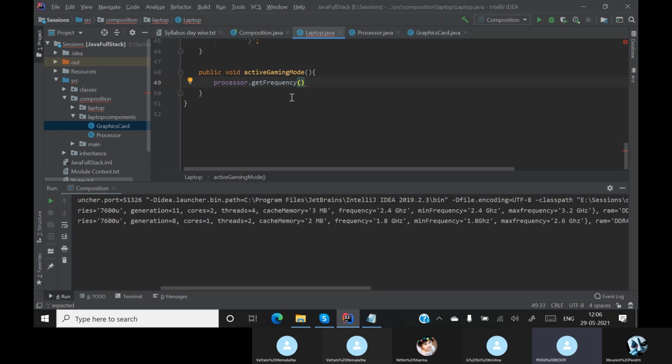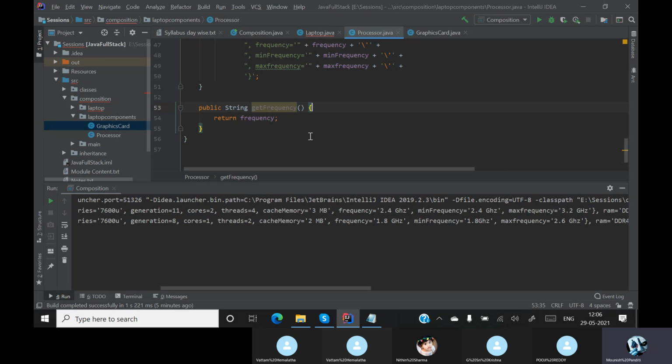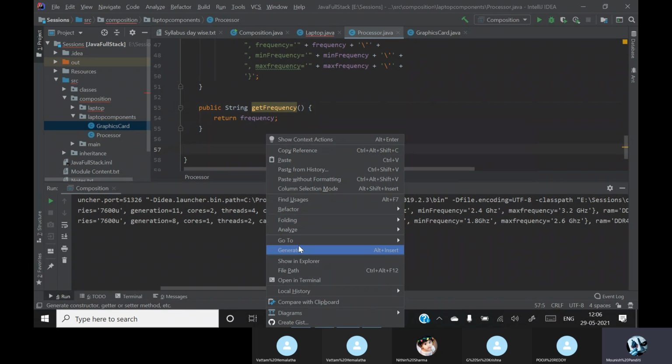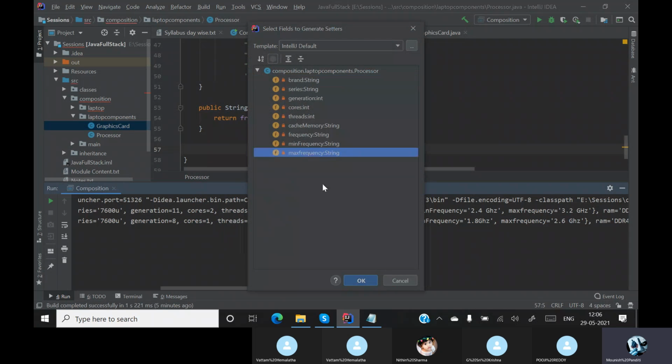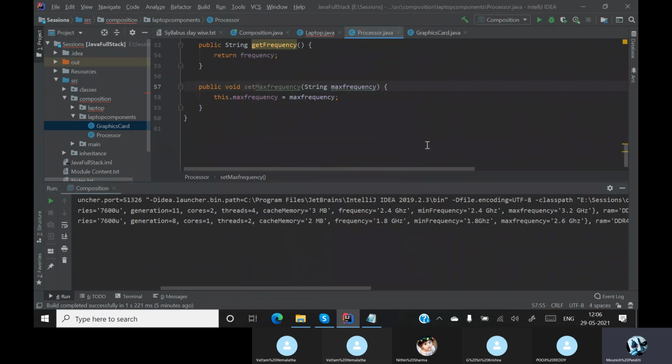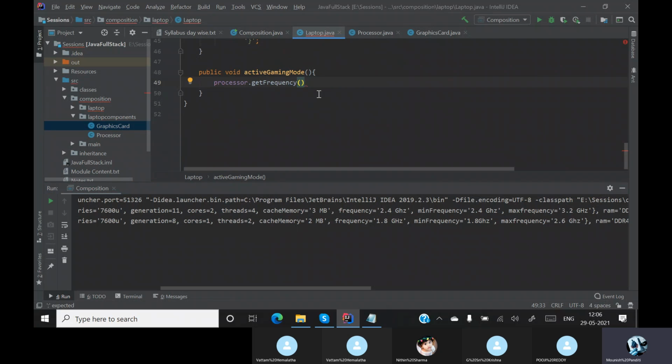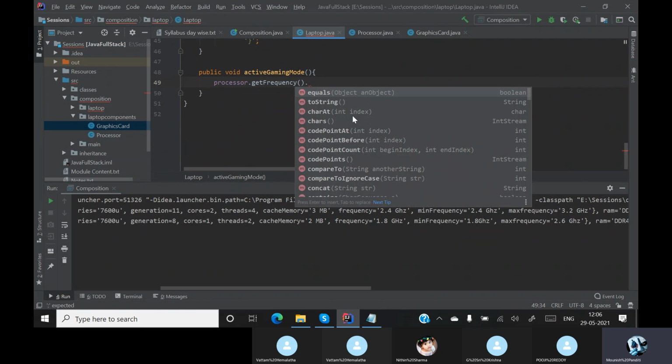Maximum frequency. I need to set it to the maximum frequency. So I need to have a setter method also. So I'll create a setter method of the maximum frequency. Okay, and I'll say get frequency and set it to,